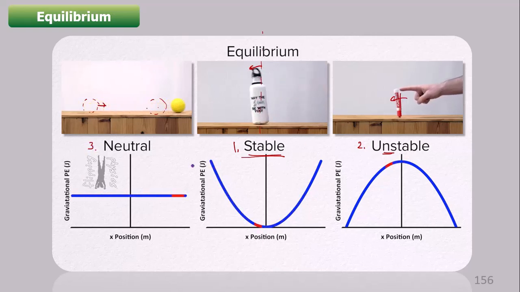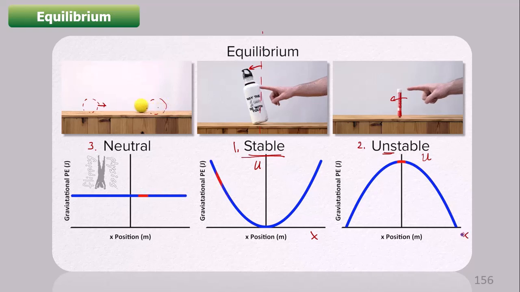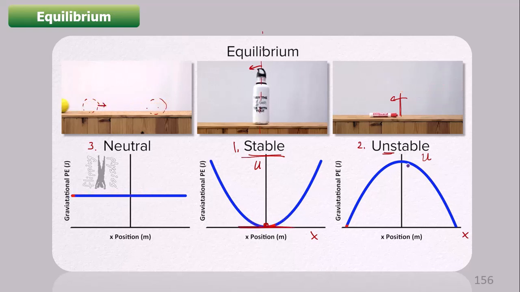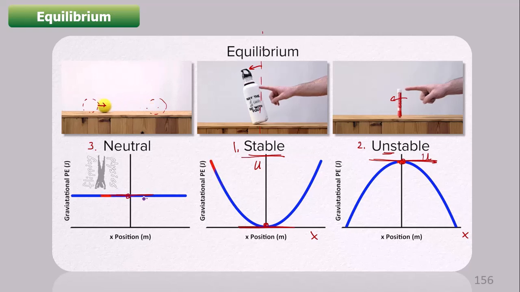But if I study the U versus X diagram for these three situations, at this position the slope is 0. At this position, the slope is 0. At this position, again the slope is 0. So for each of the three U versus X diagrams, the slope is 0 at the equilibrium position. Slope 0 means the net force is 0, and net force 0 means the particle is in equilibrium. That is correct. Now once I displace the particle,